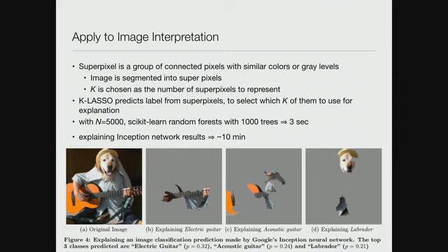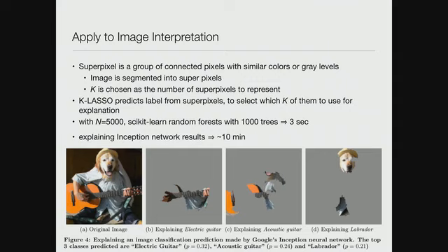They say, let's define a superpixel as a region of pixels within an image that have roughly the same intensity. So if you've ever used Photoshop, the magic selection tool can be adjusted to say, find a region around this point where all the intensities are within some delta of the point that I've picked. And so it'll outline some region of the picture. And what they do is they break up the entire image into these regions, and then they treat those as if they were the words in the word-style explanation.